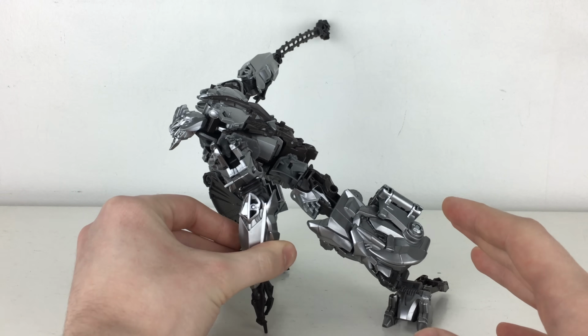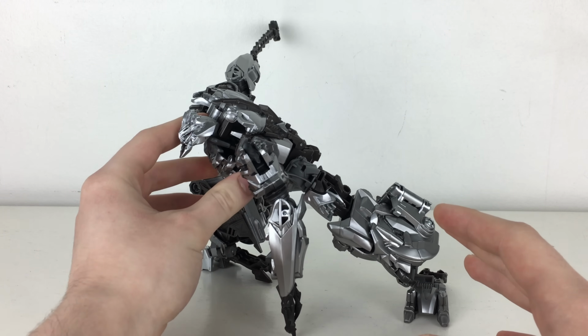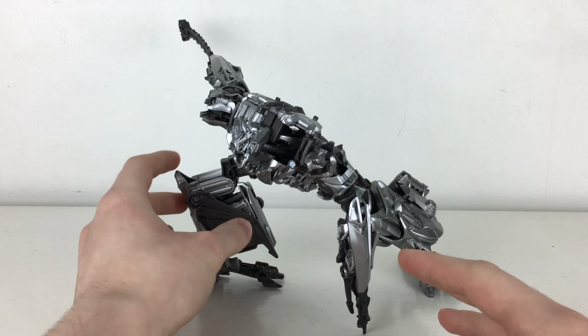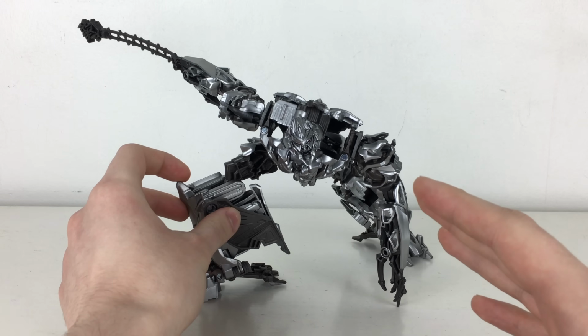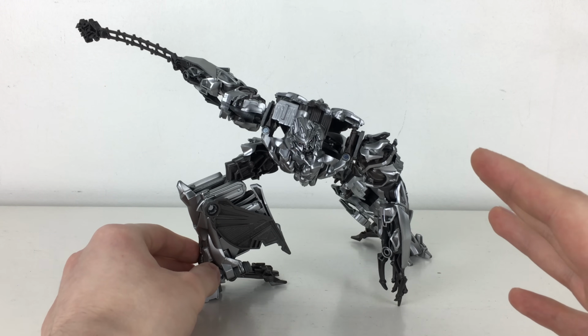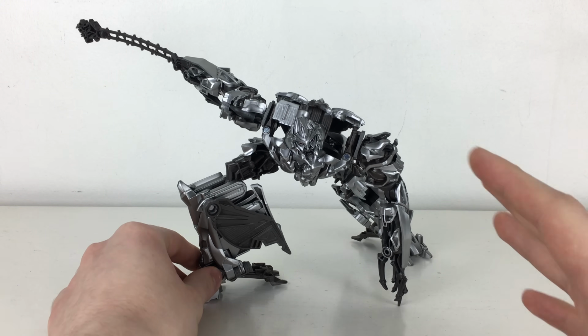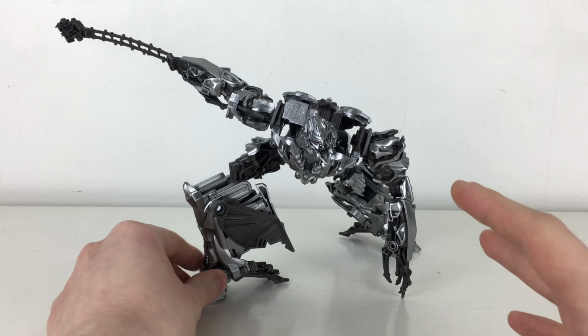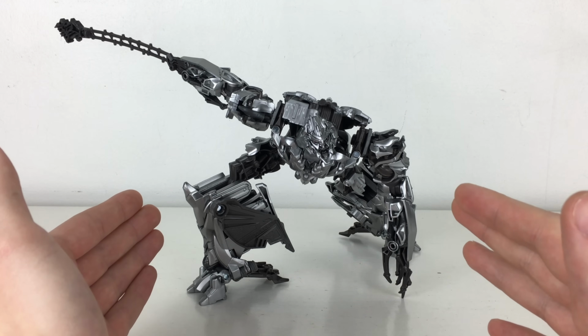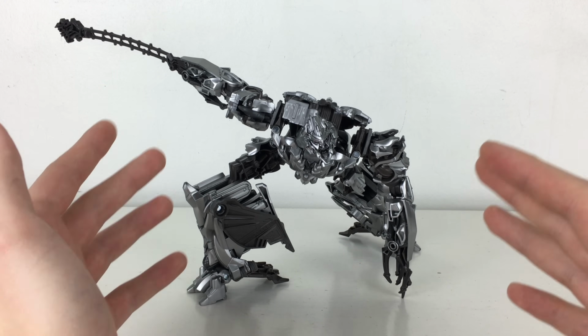plus my opinion was slightly tarnished due to the amazing MPM Movie 1 Megatron that Hasbro and Takara put out in the middle of 2019, but I've got to say, having this figure in hand, it is a completely different experience. Whilst I don't think that this is the best movie Megatron ever to be produced by Hasbro and Takara, I have found myself having a fantastic time in just posing this figure around in different poses,